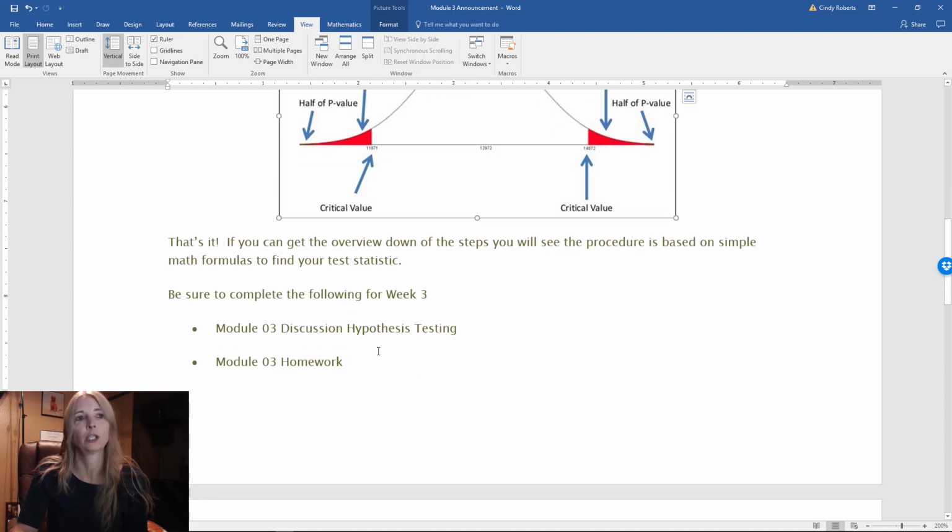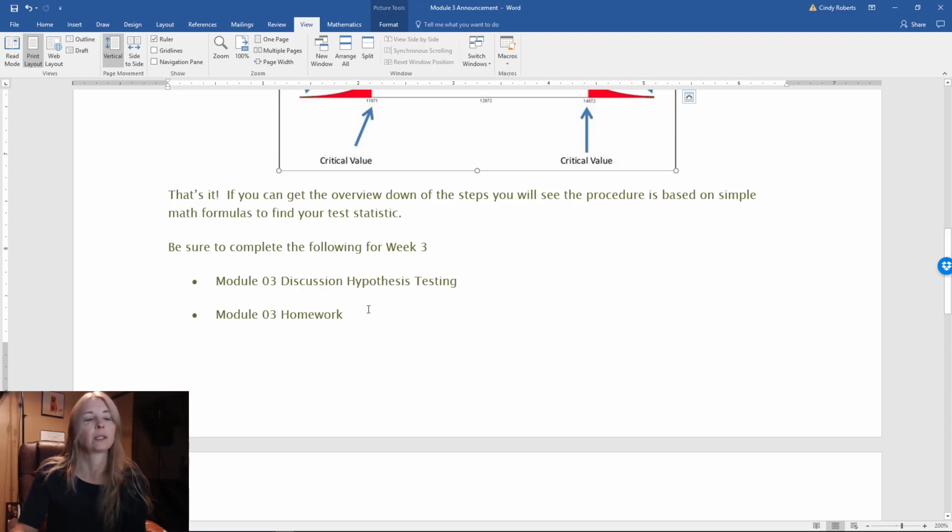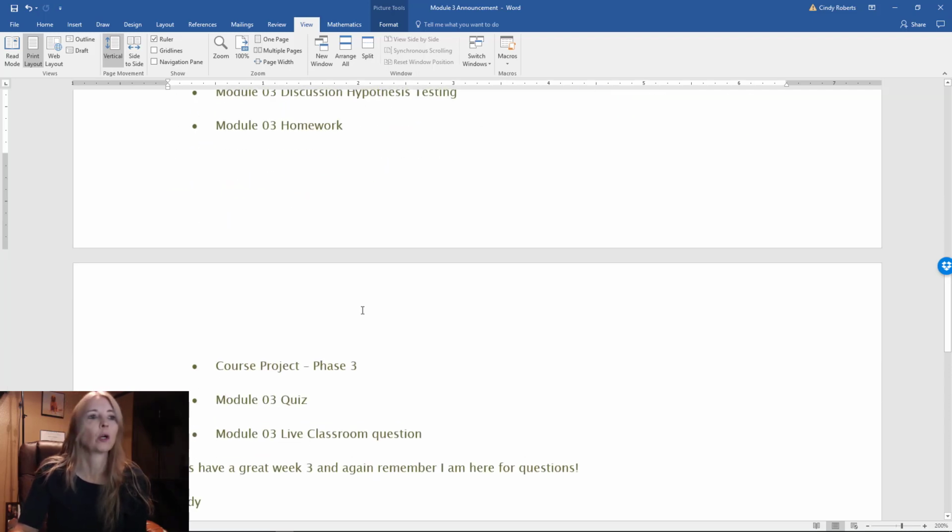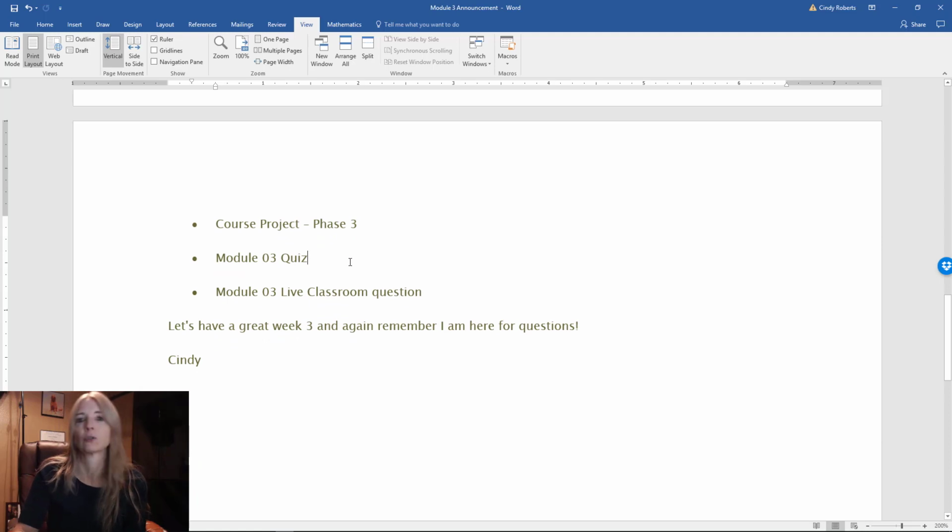Once again, kind of the same thing going on this week. You have a discussion question, in which you actually are going to do a hypothesis test. You have homework to do, yeehaw, in which you're going to do a lot of hypothesis testing. You're going to do a hypothesis test in your course project phase 3, your module 3 quiz has hypothesis testing, and then you're going to come to the live classroom and see what my